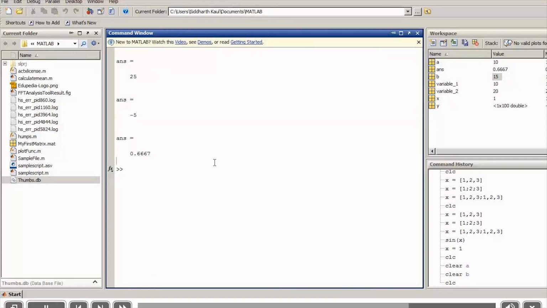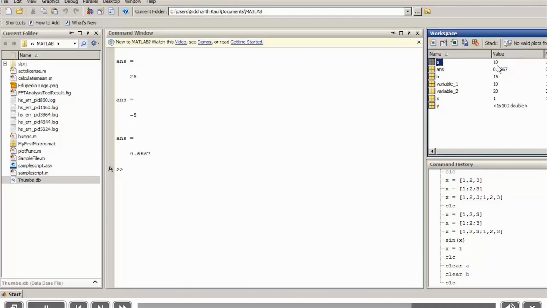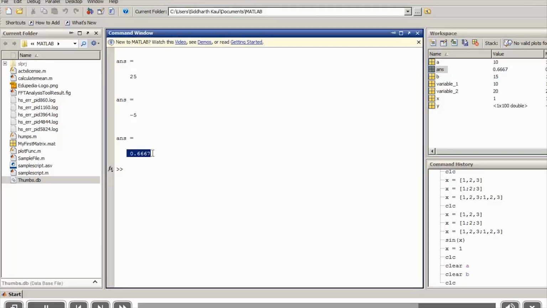Whatever variables we create in the script file are also updated in the workspace. You can see variable A has been assigned a value of 10. Similarly, variable B has been updated with a value of 15. The interesting thing to note here is that the ans variable also gets updated after each and every executed script. The last value it holds is from the last line that has been run in the script. As the last was division, we get a value of 0.6667 stored in the ans variable. This is what we'll look into in depth in later videos.